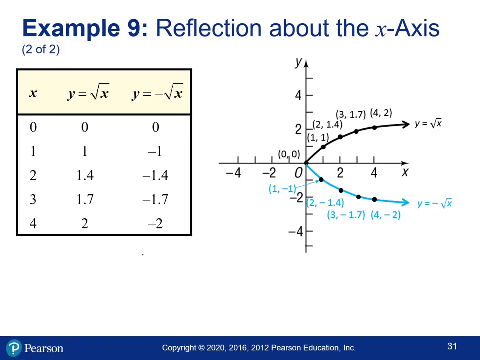And so for us, it looks like the blue one here is just the black graph flipped over, or reflected. If you can imagine a mirror right here on the x-axis, then this would be where you are reflecting over, because all your y values that were positive are now negative because of this transformation. And this is just for this example that everything was all positive to begin with, and so it all became